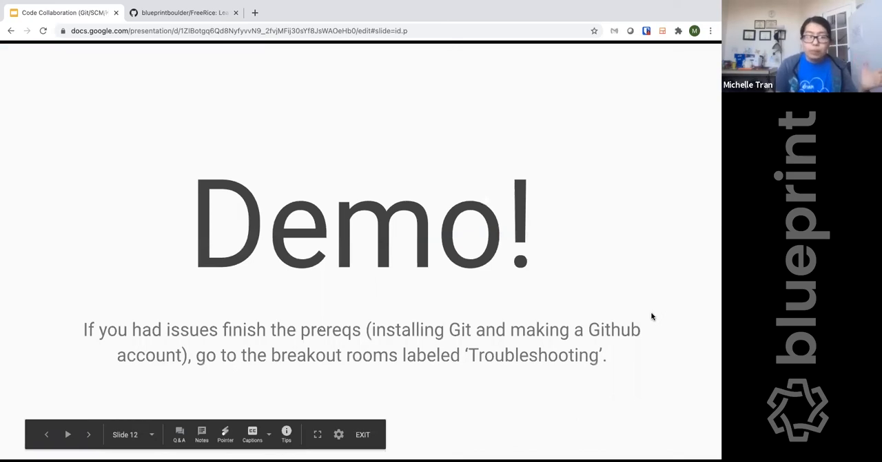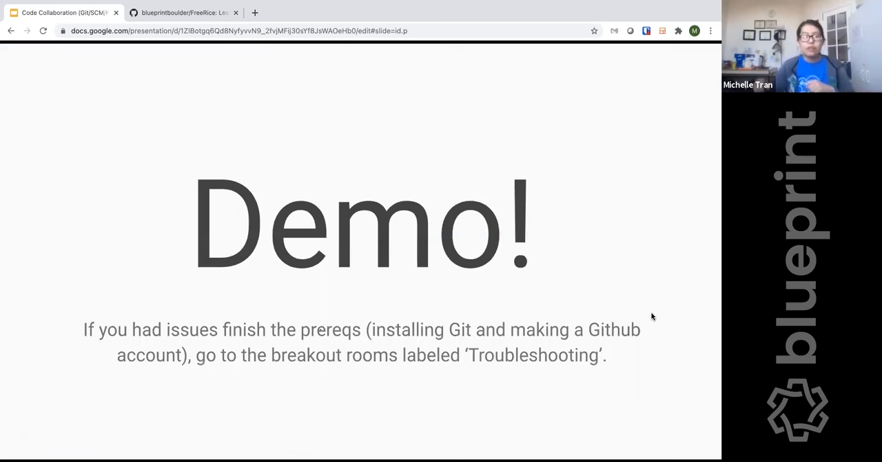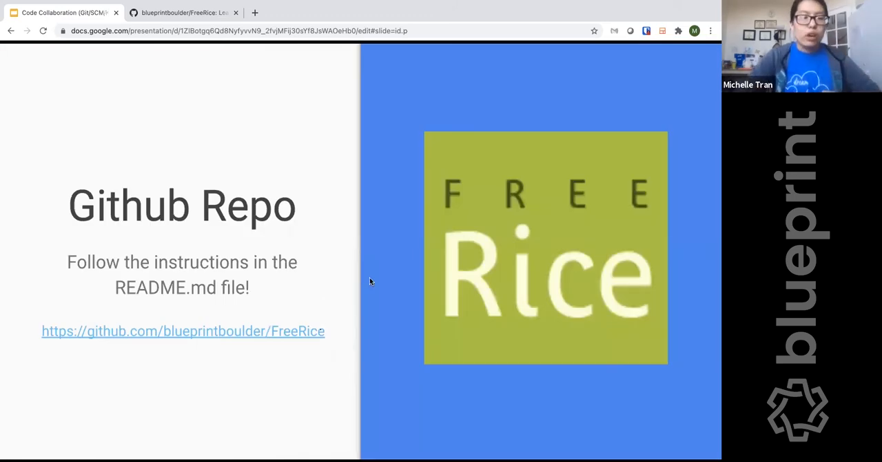We're now at the demo part, so the exciting part. I think you all said that you already have your GitHub accounts, so we don't need to worry about getting them all installed. And basically, we're now going to move on to